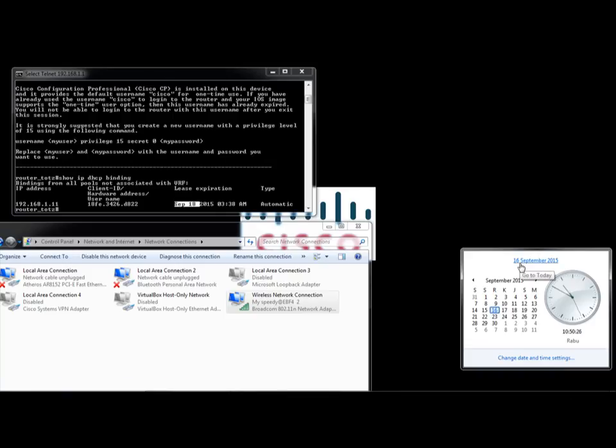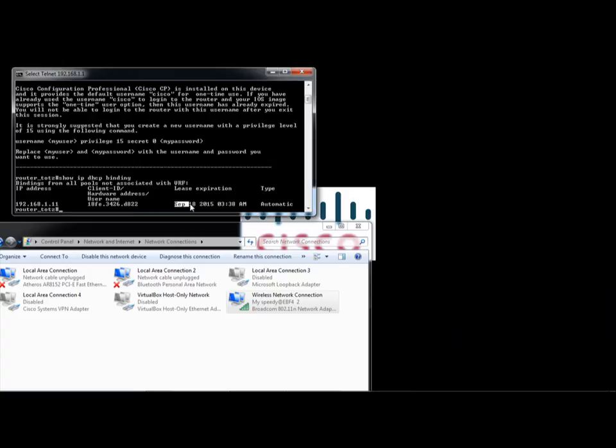Now is September 16, 2015, and the lease expiration is September 18. So 2 days from now is September 18, and the type is automatic. This is your client ID, showing who has leased this address.